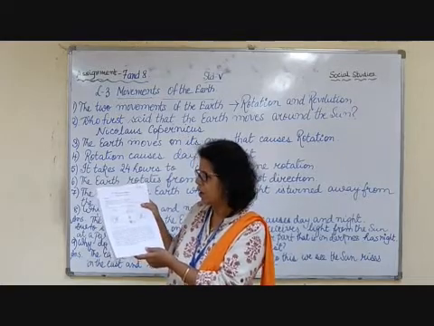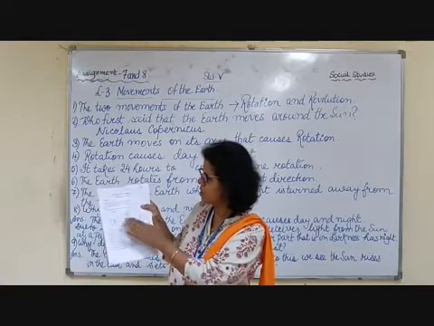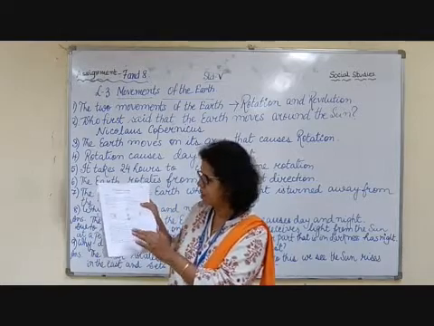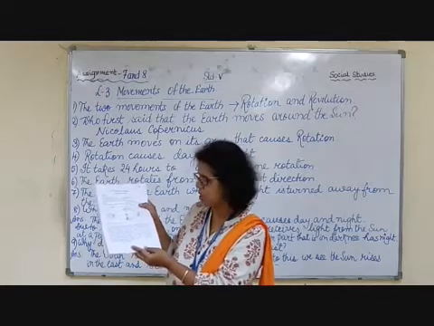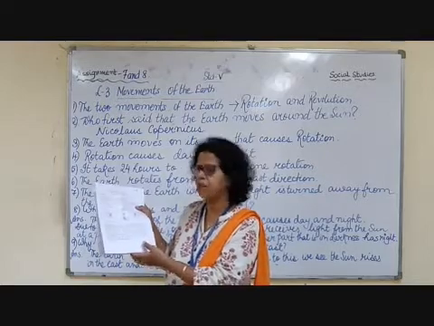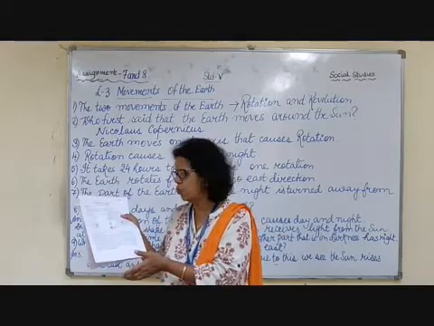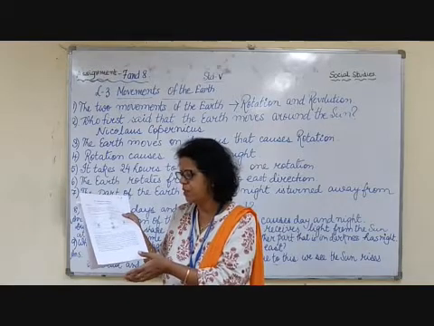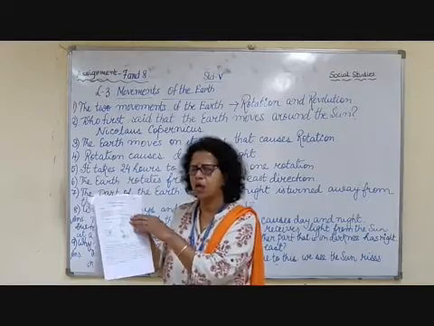in the southern hemisphere. When the earth is in the fourth position, this is your fourth position, the south pole is tilted towards the sun. Now the opposite thing is happening because it is moving, and the southern hemisphere gets more sunlight, and therefore it is summer in the southern hemisphere. Naturally the opposite will happen in the northern hemisphere. During this time the north pole will be tilted away from the sun, and so the northern hemisphere will get less sunlight, and therefore it will be winter in the northern hemisphere. This is the month of December, this is the month of May and June when we get summer.